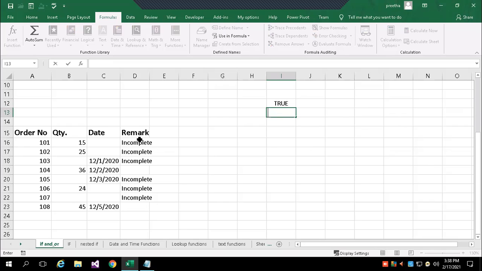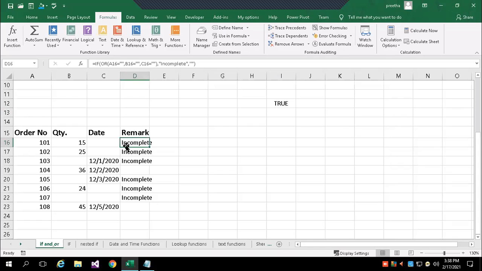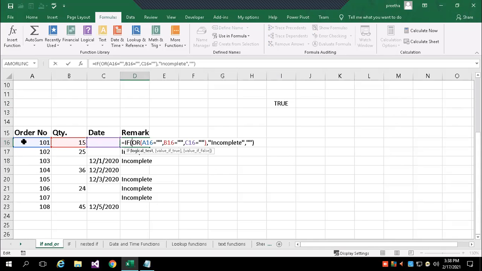So here you can see how we express the condition. If any one of the cells is empty, then incomplete, else no data. That means give it back empty.